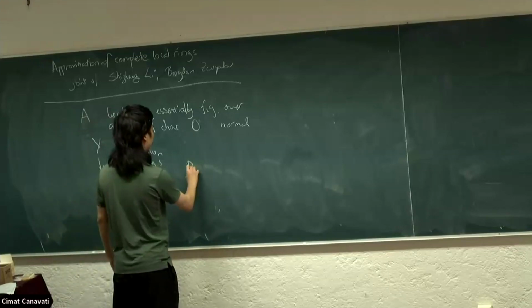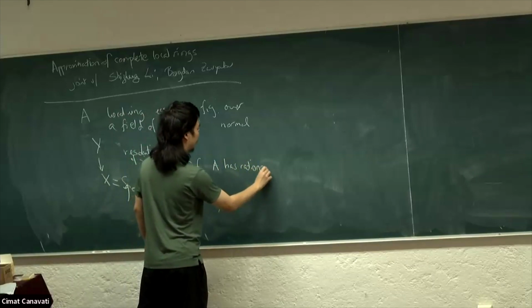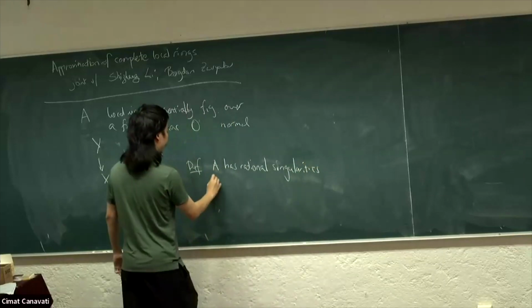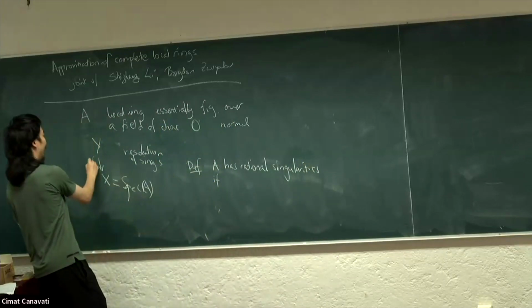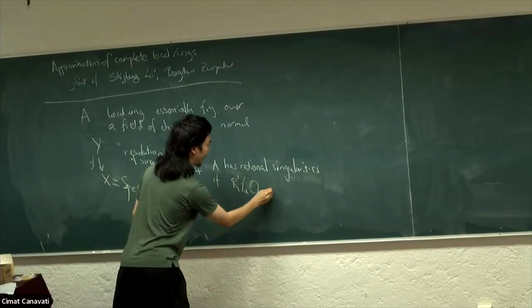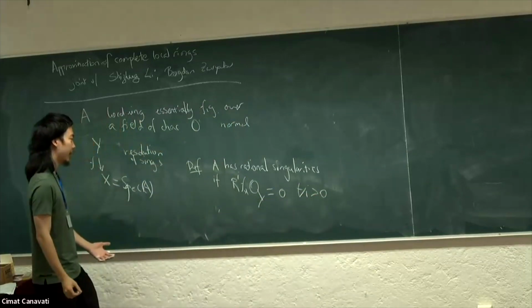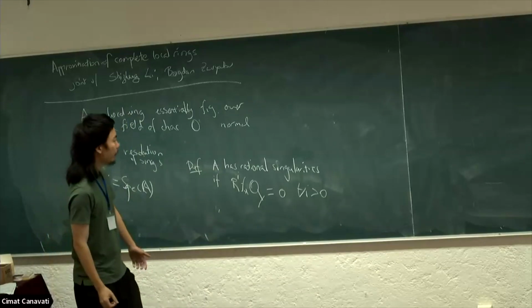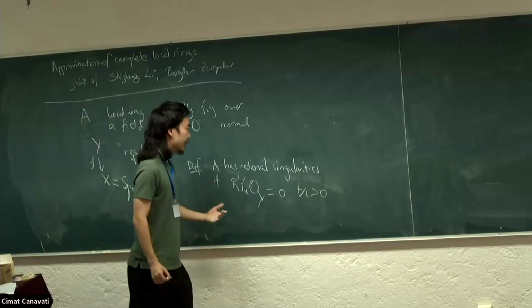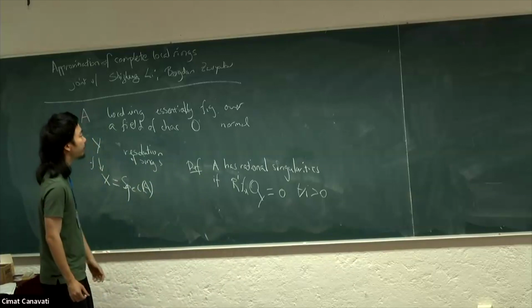So, for example, A has rational singularities if, naming this map f, the higher pushforwards of the structure sheaf of Y are 0. So it doesn't matter which resolution you choose. You can use the resolution of singularities and cohomology of coherent sheaves to define singularities of the original ring A, or any algebraic variety you prefer.